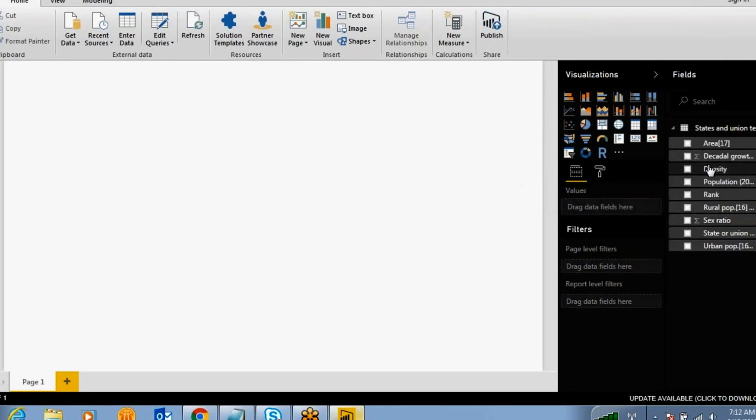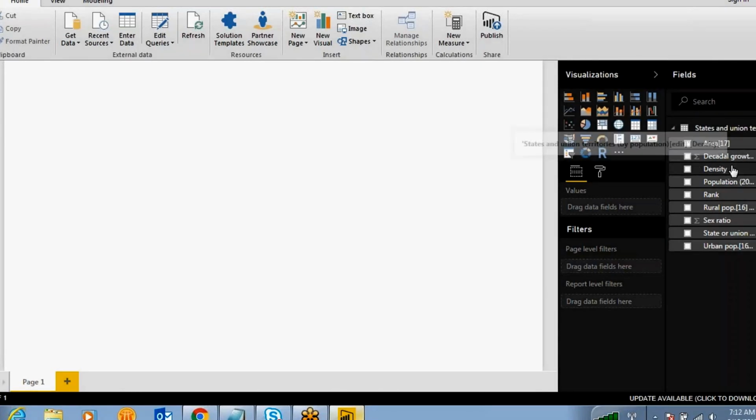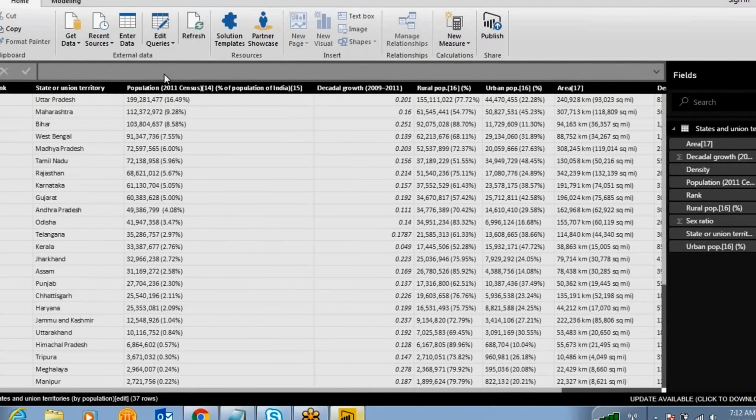Right. So whatever dataset or table we have loaded into Power BI in memory, you can see over here. If you want to see the data, you just go to this Data tab, and this is the Model tab. Modeling is how your tables are organized and how the relationships between the tables are. If you want to see the data inside your object received from the web URL, you just click on Data.